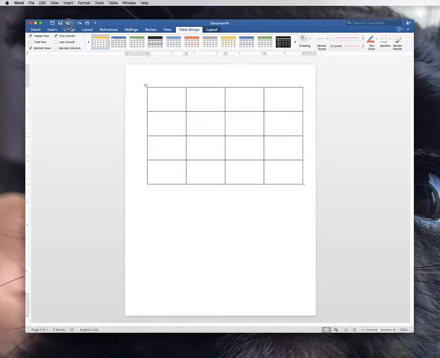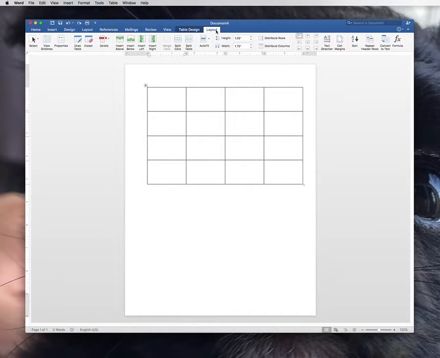However, I'm going to go back to making it just a blank table like we had before, and then I'm going to focus on the Layout tab. There are several different things on here that I want you to pay attention to. Number one is this section right here. If you mess up and make your table too big or too small, you can click on delete and delete entire columns or delete entire rows, or you can insert rows above, below, left, or right of